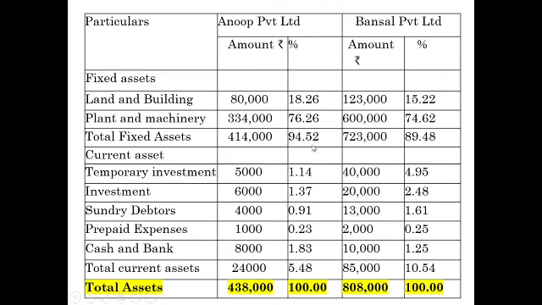So you can imagine, total 100% only. 94% is fixed assets. So the remaining only, I think, 5% or maybe 6%, is the current assets. So you will come to know here about Anup Limited. First we will calculate the Anup Limited figures. So 3,34,000 divided by 4,38,000. If you do that, you will get 76%.